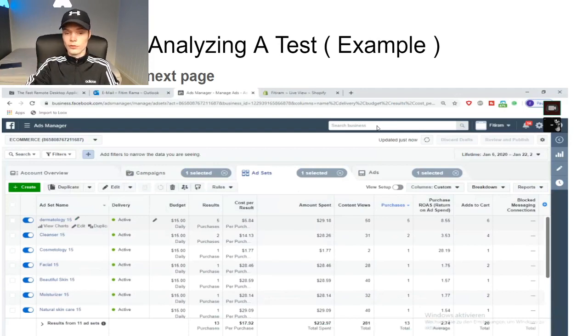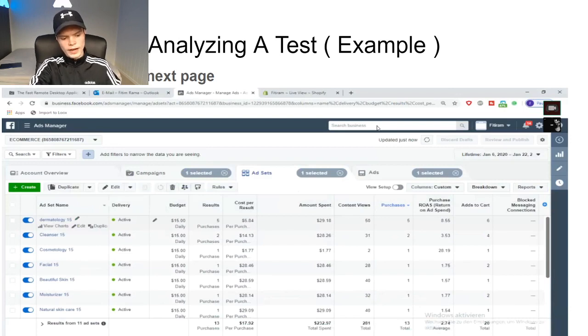So for some reason, it says $15 ads. He had not talked to me. We were going to get on the call. I don't know why we didn't meet up. So he did $15 ads, which is strange. First of all, though, his reason for doing $15 ads was because he relaunched the product. This product already made 6 figures for him, so he just relaunched for $15 because he knew it was going to work. But anyways, just think of it as a $10 ad set because normally it is a $10 ad set, okay? So this ad set, Dermatology 15, we'll just call it Dermatology $10.